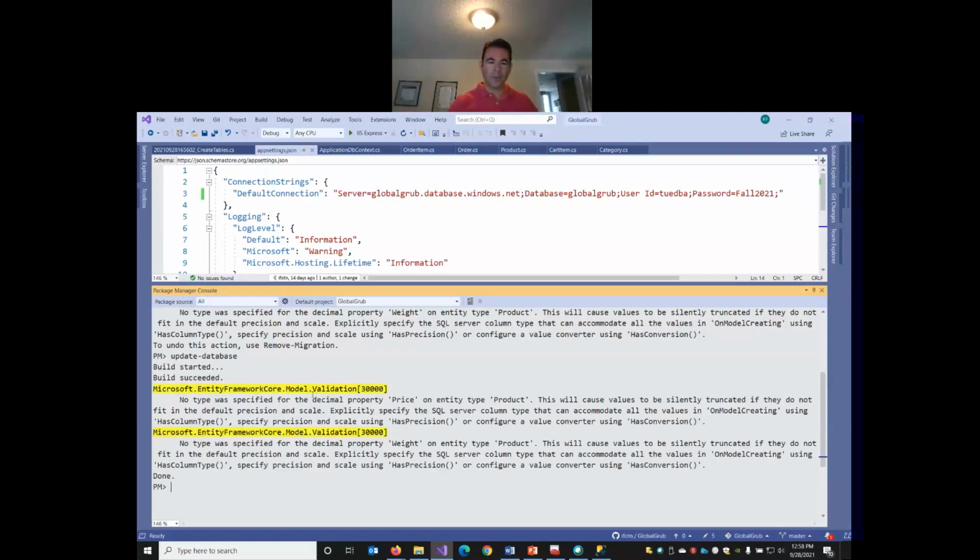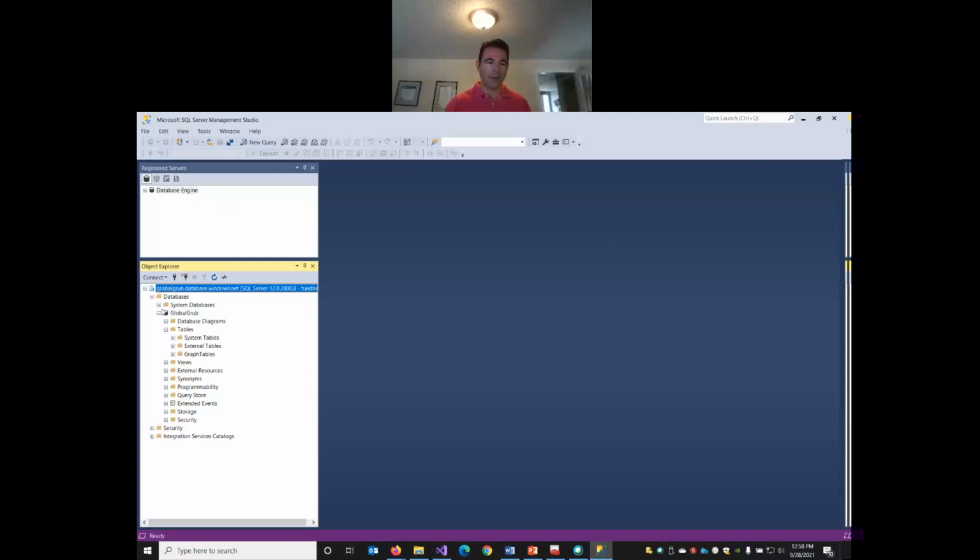So I did get a few warnings, but then it says it's done. That tells me my database connection worked. Did the migrations actually build the tables? Well, I can go back to SQL Server, and if I refresh,